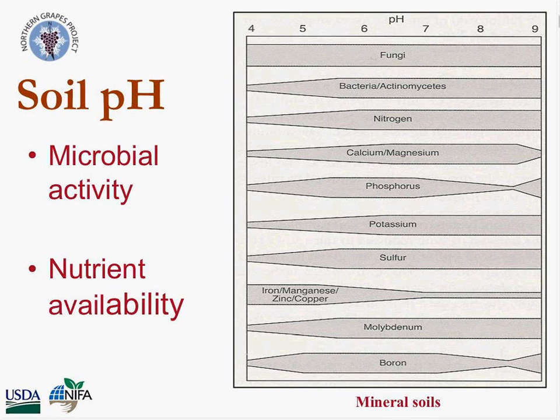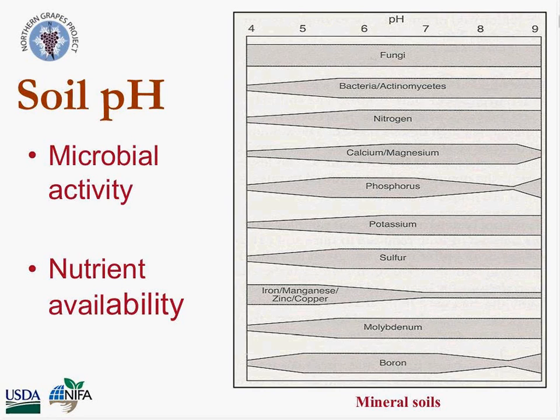And you can see that many of your bacteria and actinomycetes tend to be limited as you get below about 5.5. These microorganisms are very important in turning over nutrients in the soil and are inhibited if the soil pH isn't optimal. Also, if you have any legumes in planting, those legumes are associated with bacteria,